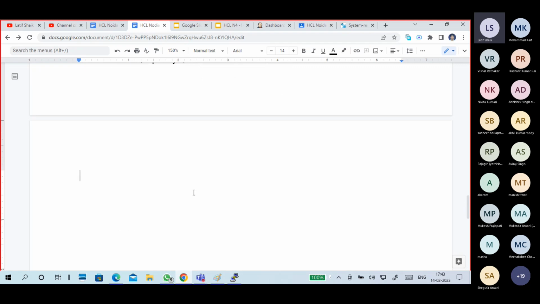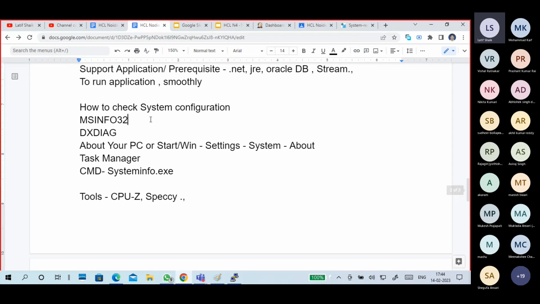Okay, the first one is you can go to search or to run. If you know how to open the run, then also you can go to run and type msinfo32, either in small letters or capital letters. What is this?